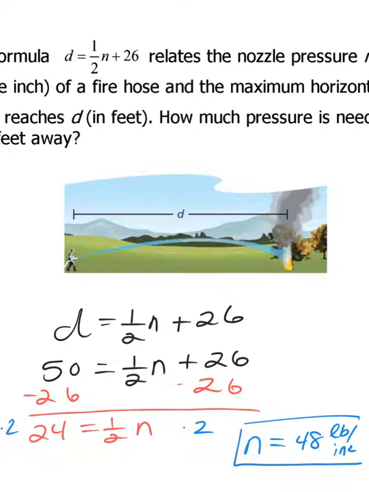This problem says the formula D equals 1/2 n plus 36 relates the nozzle pressure N in pounds per square inch of a fire hose and the maximum horizontal distance the water reaches, D, in feet. How much pressure is needed to reach a fire 50 feet away? So I have a distance. I'm going to replace the D with 50 feet